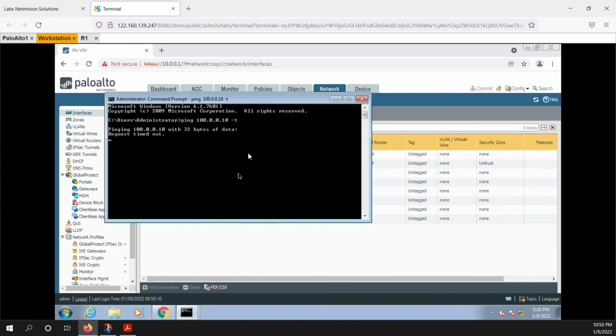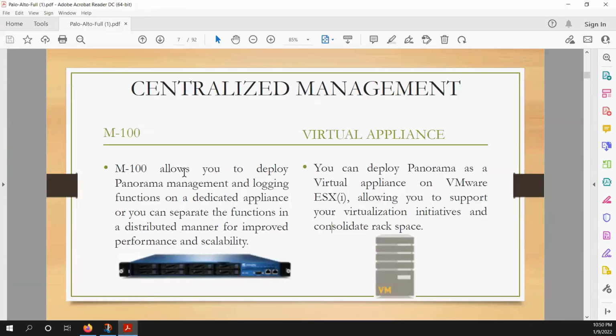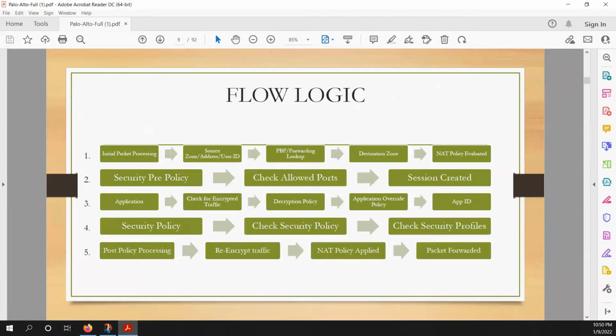The reason is this traffic flow. So if you remember this diagram that I showed you during the demo, here the source zone is missing. And just because the source zone is missing, your traffic is dropping at this level. Right?